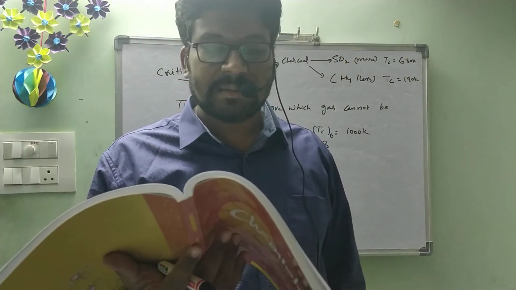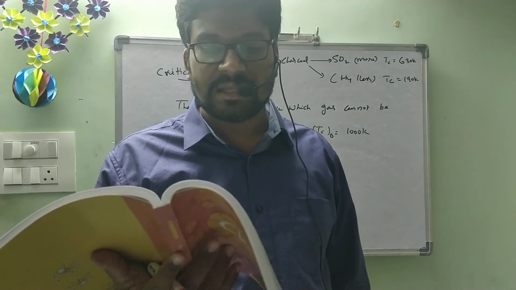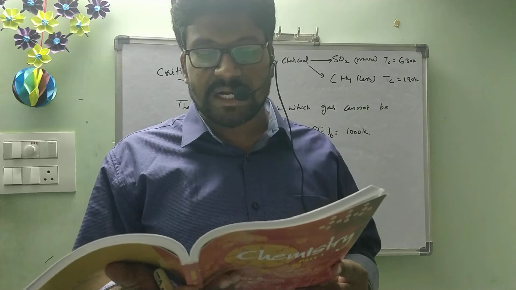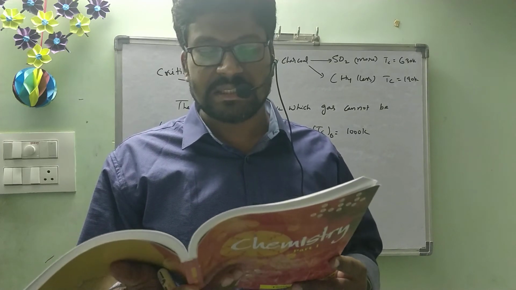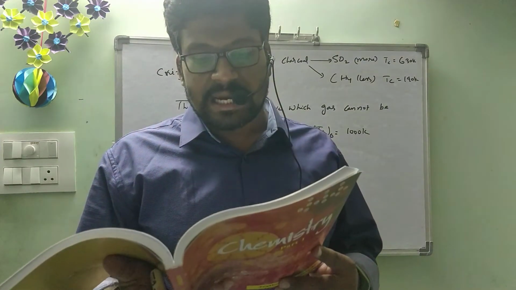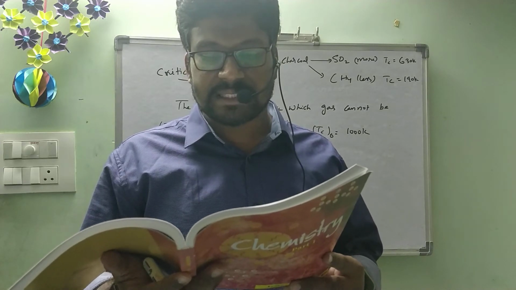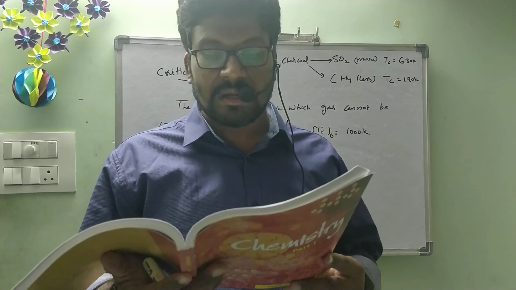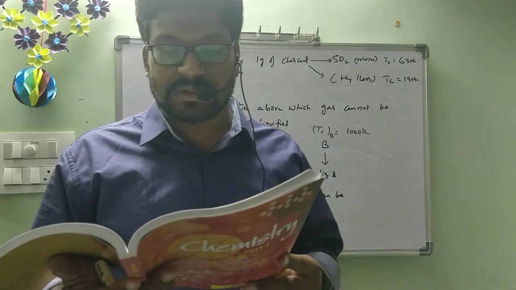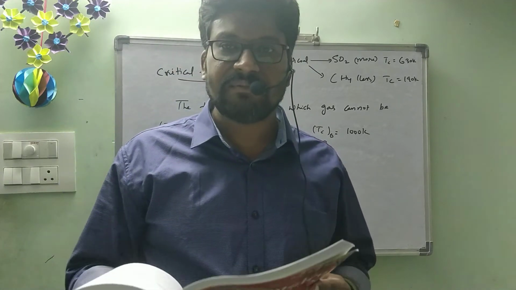No doubt, physical adsorption is an exothermic process, but its enthalpy of adsorption is quite low, 20 to 40 kilojoules per mole. This is because the attraction between gas molecules and solid surface is only due to weak Van der Waals forces. Next, characteristics of chemisorption. High specificity. Chemisorption is highly specific and it will only occur if there is some possibility of chemical bonding between adsorbent and adsorbate. For example, oxygen is adsorbed on metals by virtue of oxide formation and hydrogen is adsorbed by transition metals due to hydrate formation.